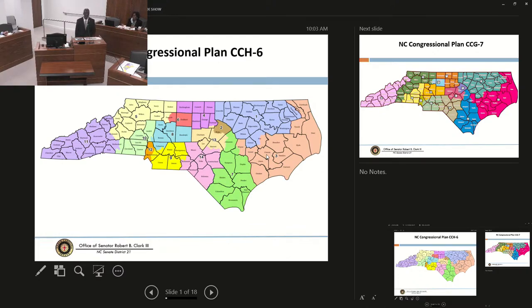Thank you, Mr. Chair. Okay, the bill under consideration has the plan CCH6, and I'm going to recommend that we amend that with another plan. But I did not want you to think I'm trying to hoodwink you or anything, so I want to explain how the maps differ. If you look at the one on the screen or in your hand, we'll start with CCH6. If you look at the western part of the state, you'll see a configuration for that most western district, which I refer to as a type pack, okay? And you can understand why we would call it that.